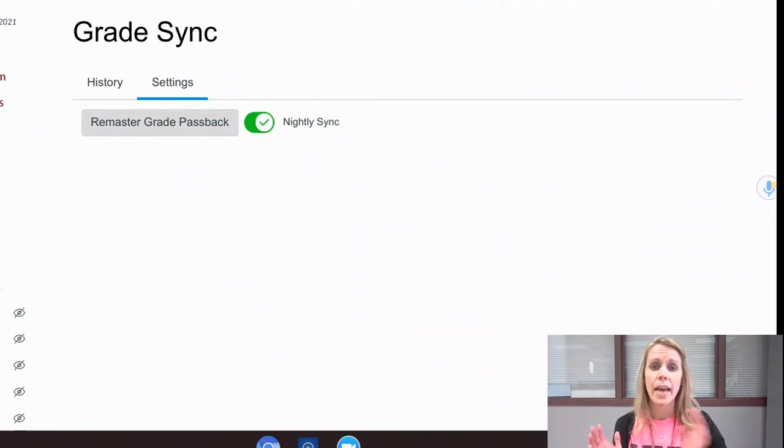So usually 9 times out of 10, if you can't find the issue, try that remaster and it typically will fix the problem. Now, if you get to all those things, you've checked everything and you really, really just cannot figure out what the issue is, that's when you contact me and I will jump in. I'll look and see if I can find anything and everything will be fine after that. So please don't hesitate to do that. If you're spending an aggressive amount of time trying to find the errors, it's time to contact me and I'd be more than happy